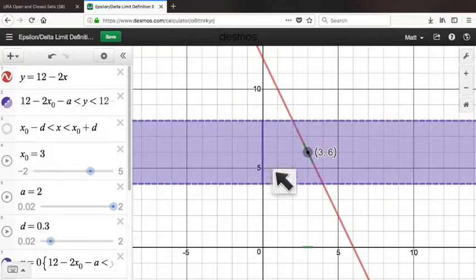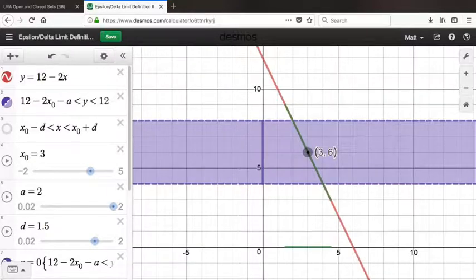So we can get the y values to be within this strip. And we can do that by making the x values sufficiently close to 3. And my question is, how close to 3 do we need to be in order to make this happen? So take a look, you can kind of see the green shaded part of the graph as well as the green shaded part of the x-axis as I change my delta up and down. So if I choose a delta to be 1.5,